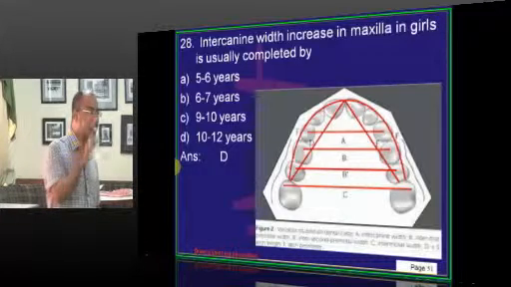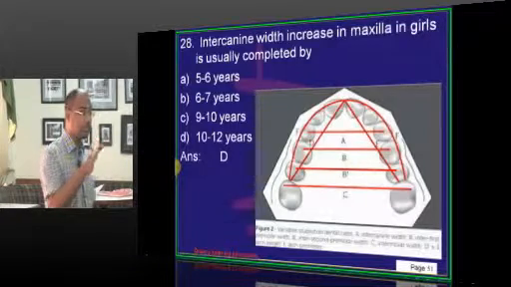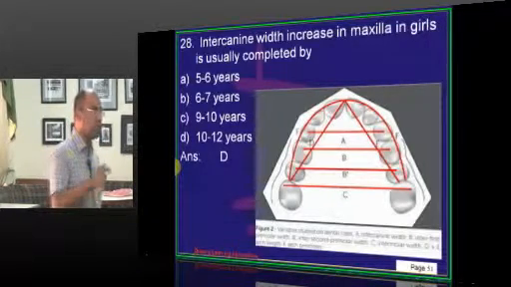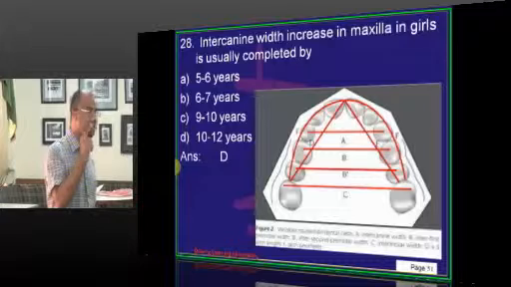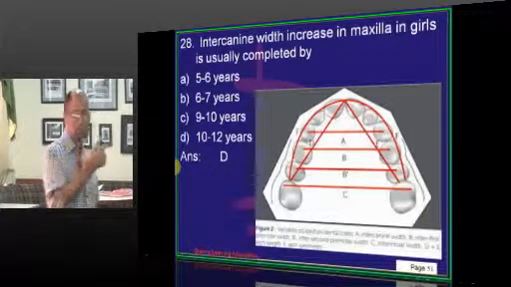The growth in relation to the face, not the cranium. I am speaking in relation to the face. The cranium is again different. I will deal with that in growth and development. So the growth first ceases in the transverse plane, that is the width. That's why the intercanine dimension